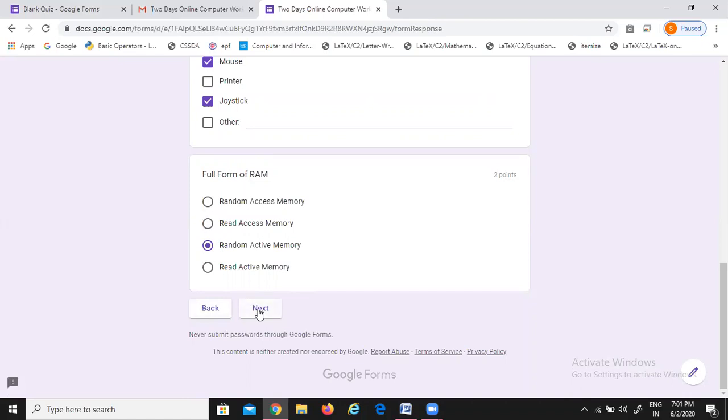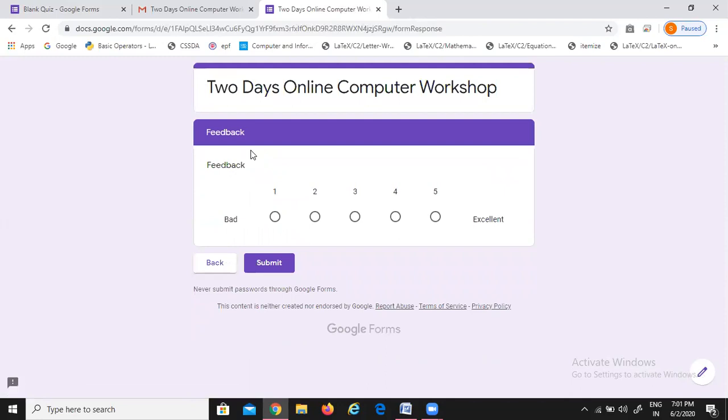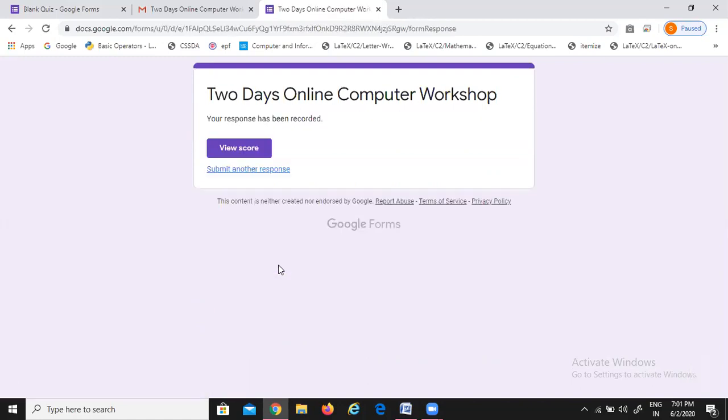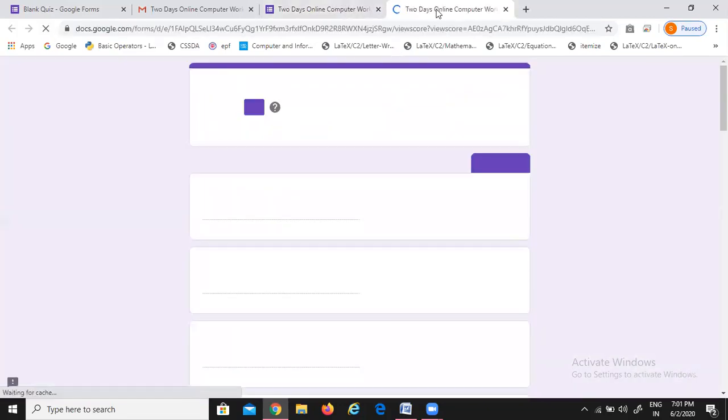Then again after filling section 2, click on the next button and the participant will give the feedback of our workshop. Okay, I'll mark it excellent and click on the submit button. After clicking the submit button, the user will see your response has been recorded. So this can be viewed from the organizer side. And if the participant wants to see the score, they can click here on view score,